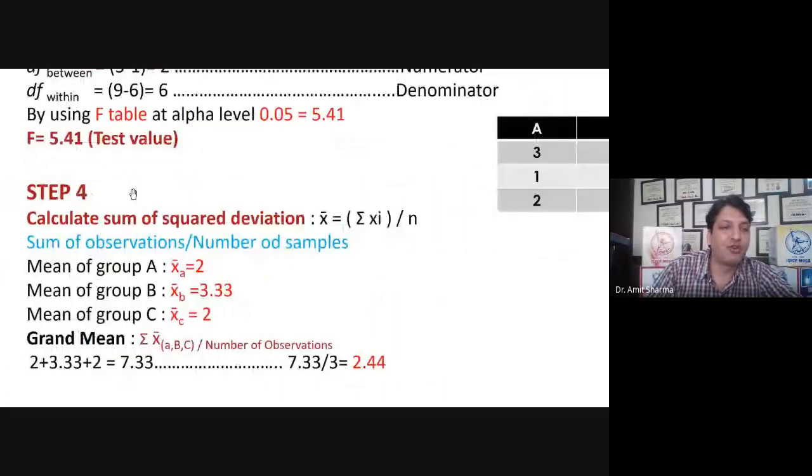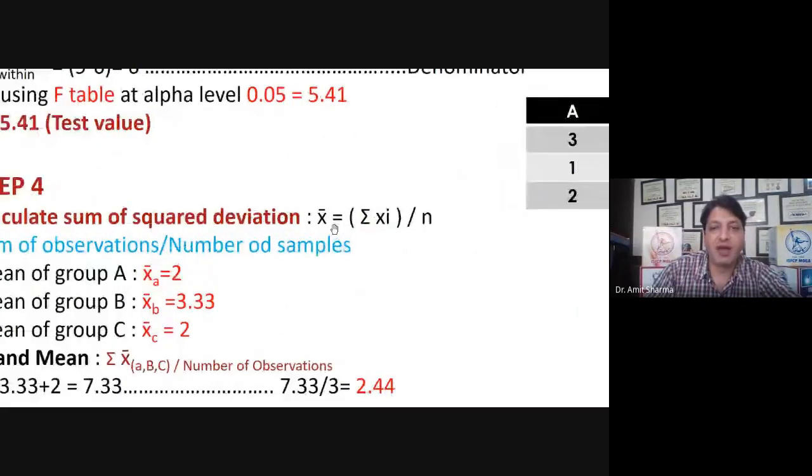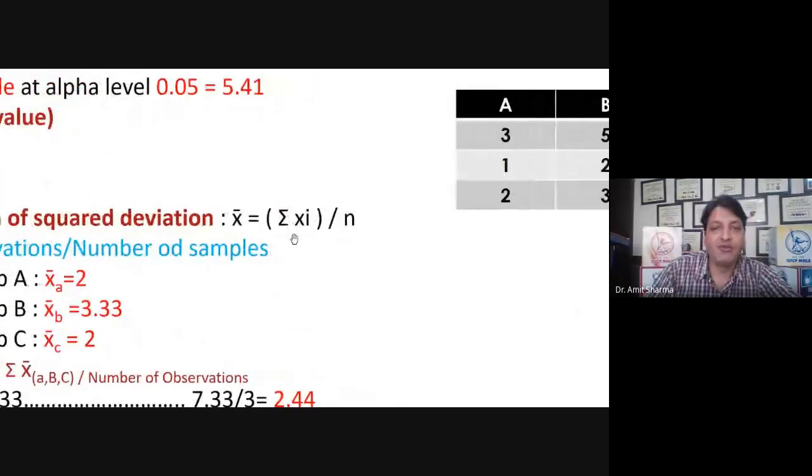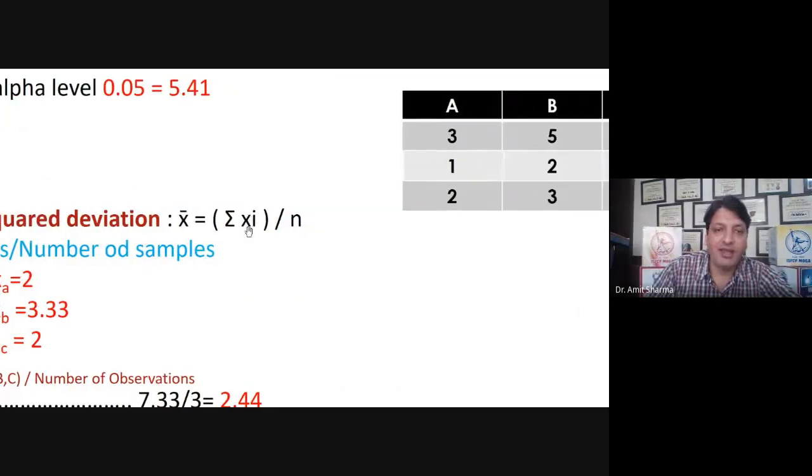Step 4 for the ANOVA is to calculate the sum of squared deviation. That means the formula is x bar is equal to sum of x i divided by n. Here i is representing each observation.